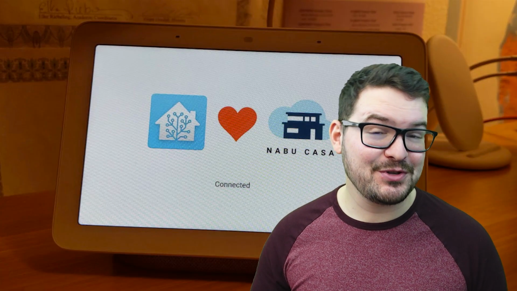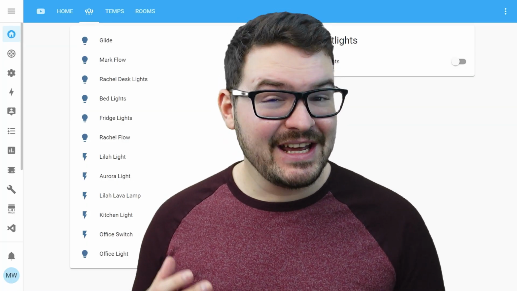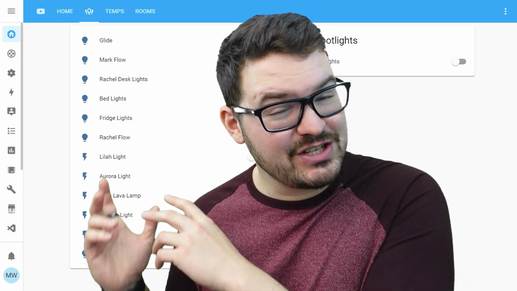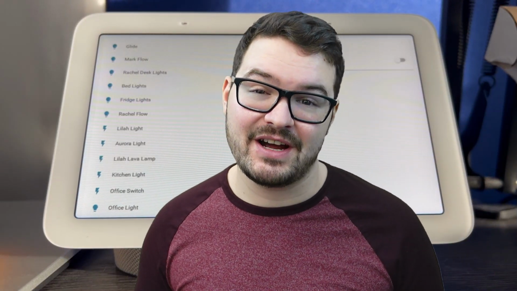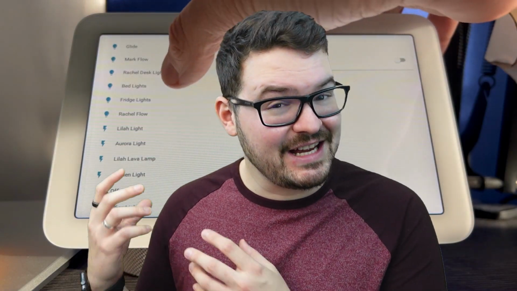So casting dashboards, what is it and what does it do? Well, it's pretty much exactly what it sounds like. It's going to allow you to cast a specific view from one of your Home Assistant dashboards and just cast that on over to a supported Google device. And whether that's a Google Nest Hub or a Google Chromecast, you'll be able to see that set view on